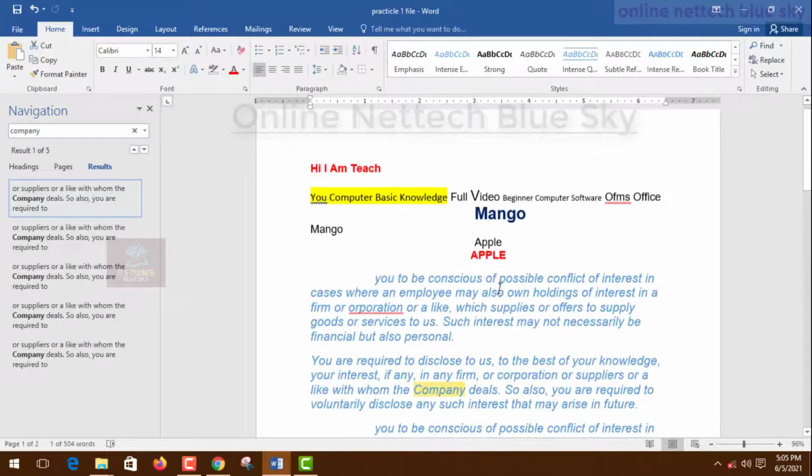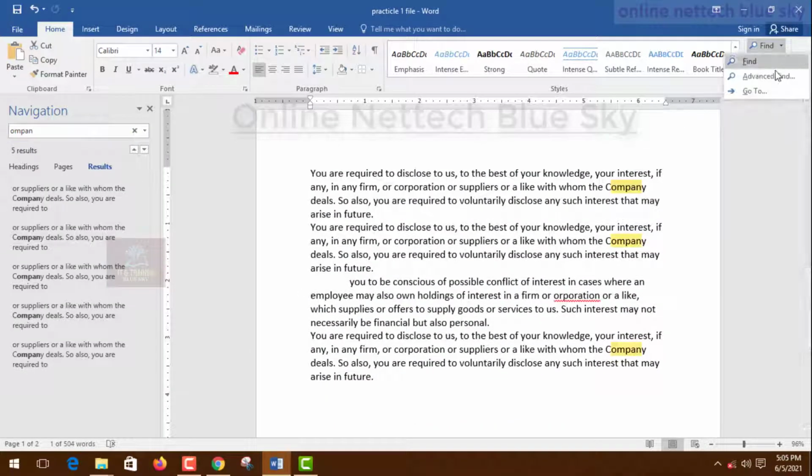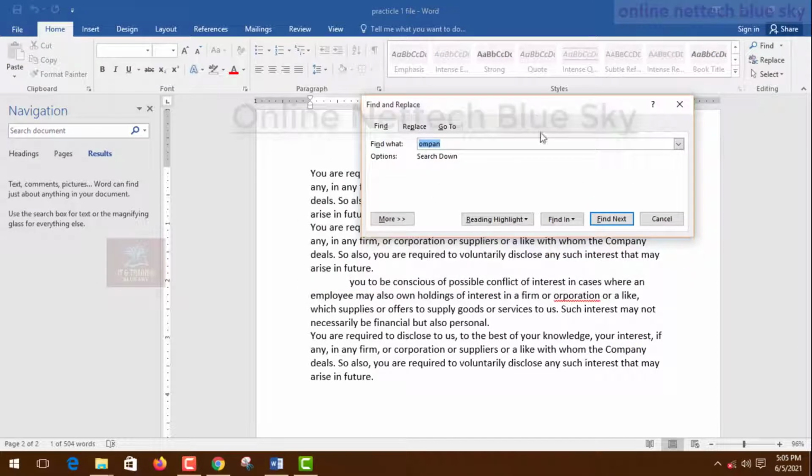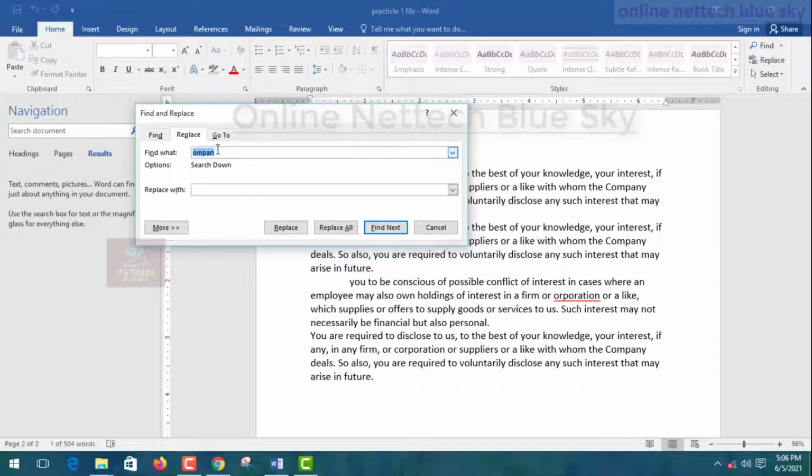Okay, so this is find advanced. What is find advanced? Find advanced is a very good option in your official Microsoft Word. We have three options. Find is just like this, but there is also replace. I enter this name, company.